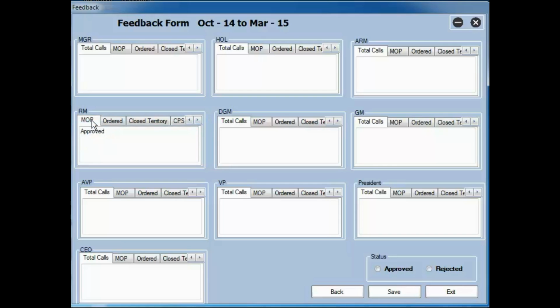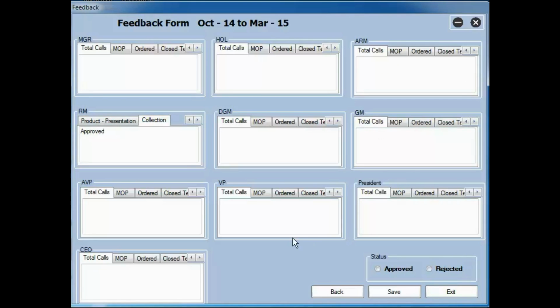let's say MOP is approved, ordered is approved, closed territory, if you recall, we did not have any in the closed territory. CPS was approved, assigned we did not have any, and total presentations was approved, ordered was approved, product presentation approved, collection also approved.